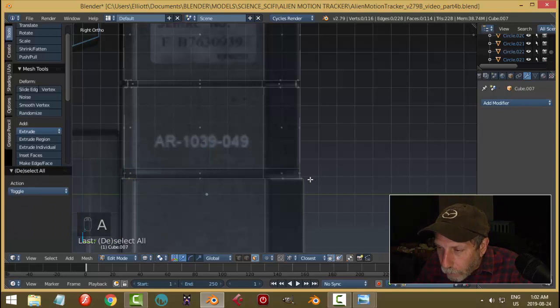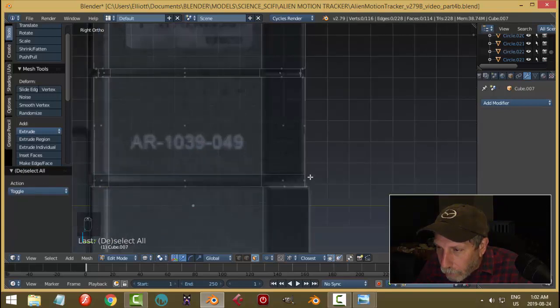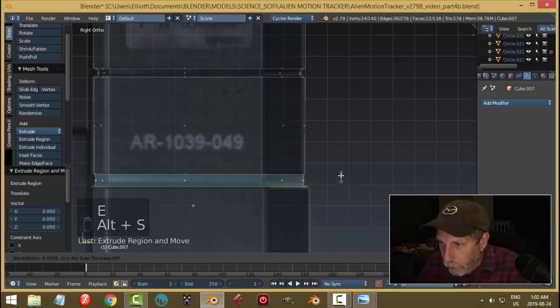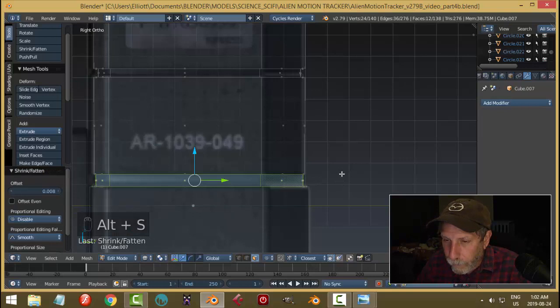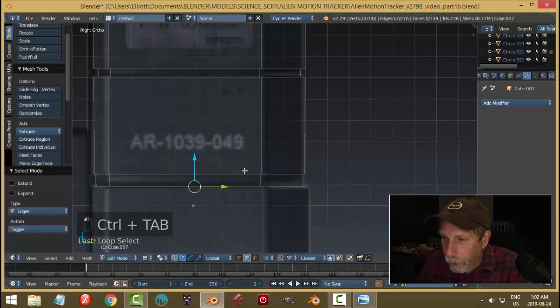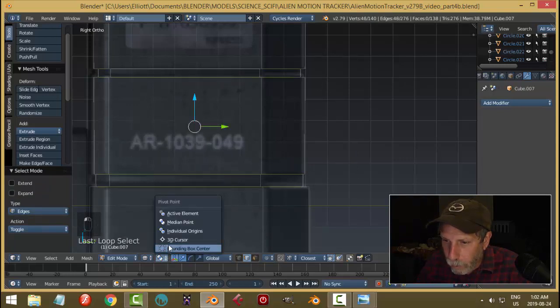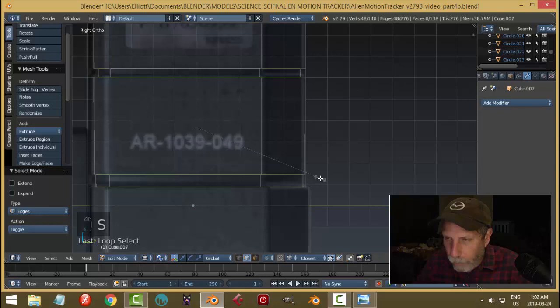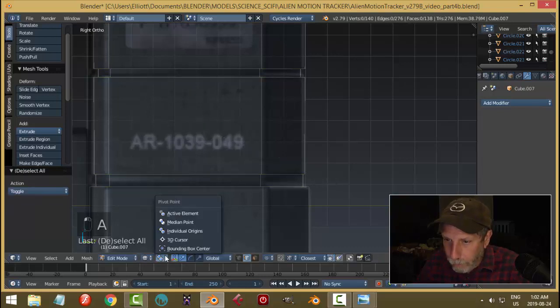Okay, let me just think for a second here. Just go ahead and do it. E and Alt S. Then maybe I'll take these edges, all these edges. Can I do this in individual origins? I don't think so. No. All right, so we'll do it like that. We'll do this, we'll take these,